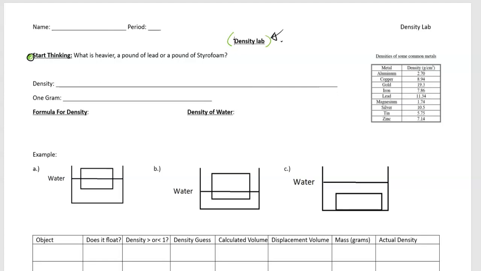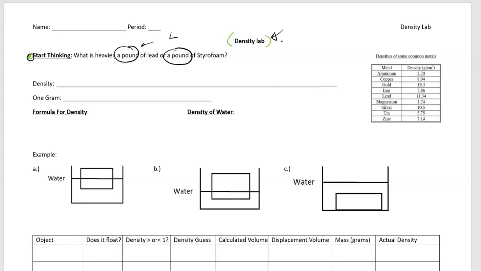I remember thinking I was so clever when I would ask this to my friends back in elementary school, and most kids would accidentally say lead because they thought that styrofoam was lighter, so therefore lead must be heavier. But what they didn't pick up on was I said a pound of lead and a pound of styrofoam. So they're obviously going to be the same exact weight. Now, the issue here, and what we're going to be looking at today, what they were thinking was